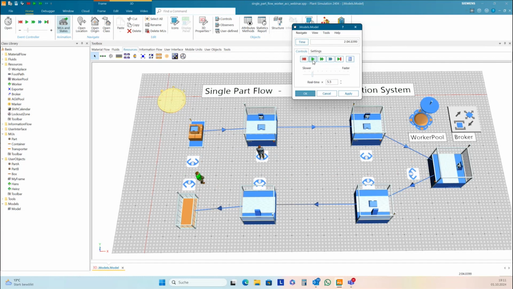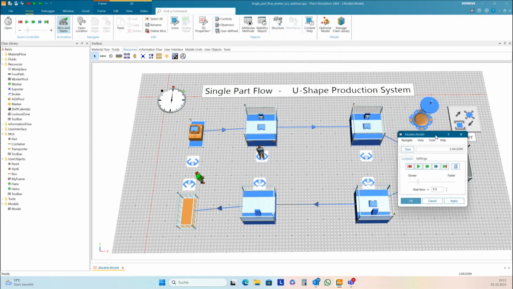Single part flow means here Hans should be connected with the part, should only move his part from the start until the end, and then he goes to the source and takes another one and finishes the complete round with the part, not in this way. So the default behavior of Plant Simulation is in this case wrong.